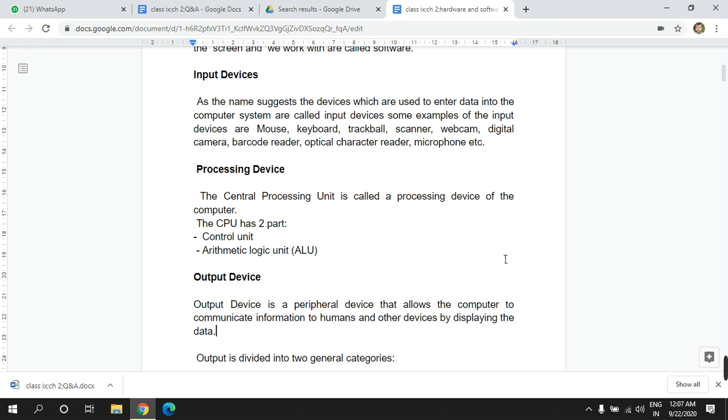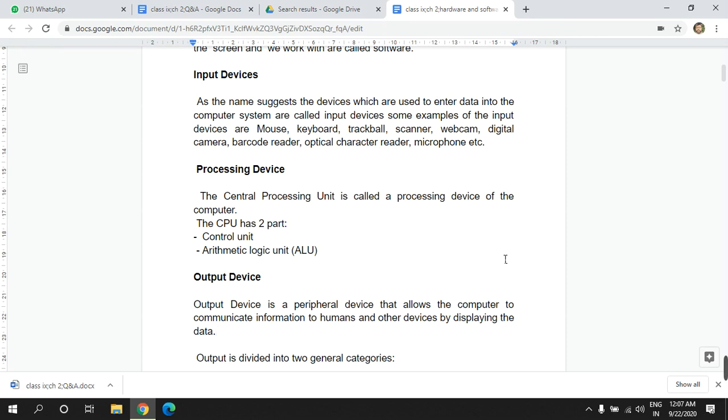As you all know, whenever you go shopping, the billing is done through the barcode reader, optical character reader, or microphone. There are so many input devices. So, input devices are used to input data or sound or anything else into the computer's memory for processing.